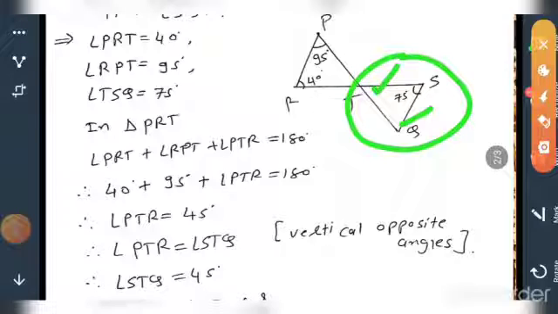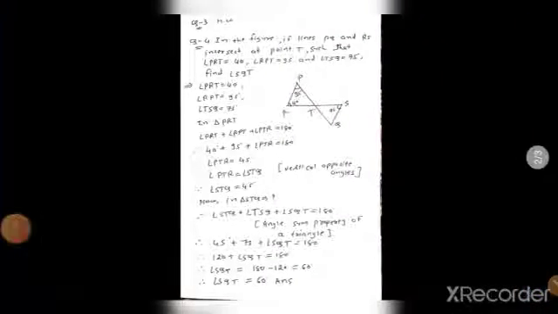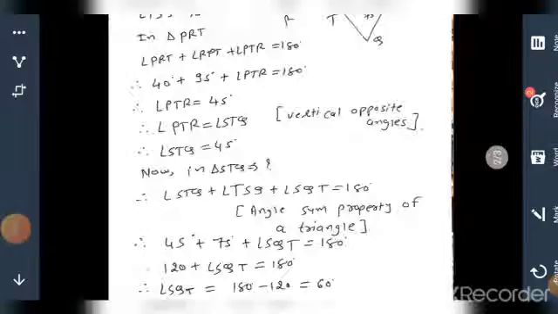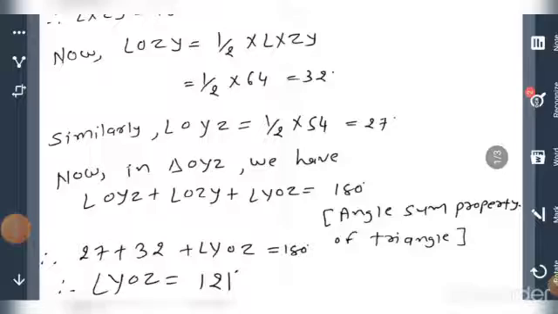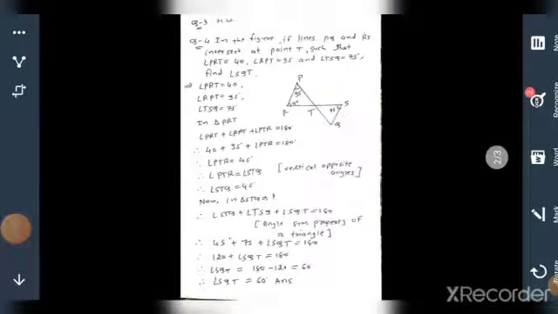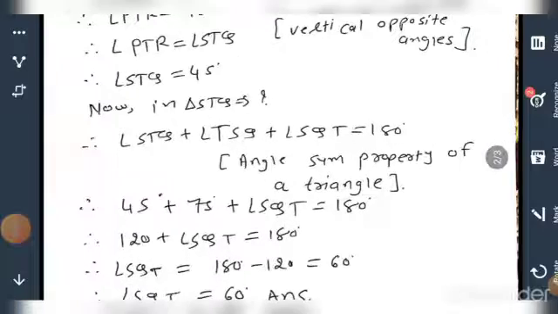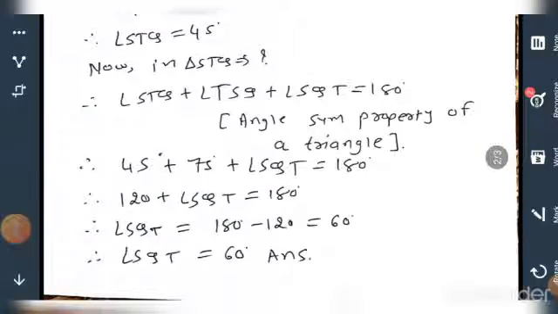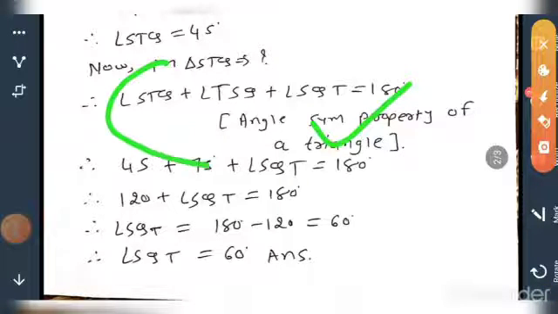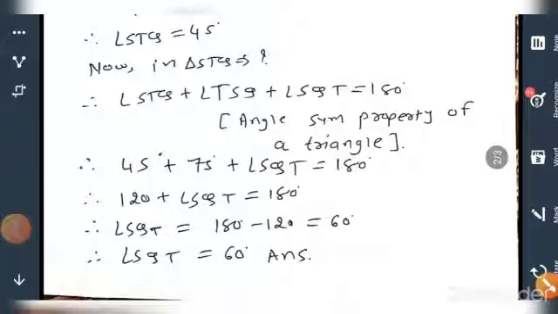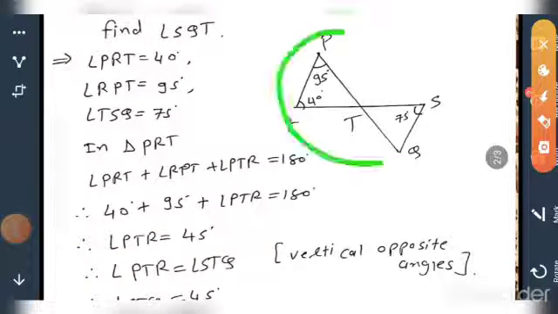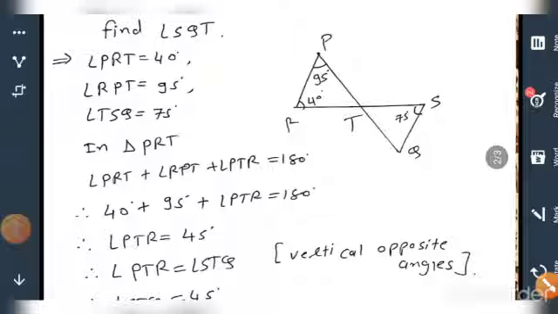So we found that. SQT is equal to 180 minus 120, that is 60. So SQT is equal to 60 over here by using this same method. By using these same steps you can find SQT is equal to 60. You just focus on the figure which is given in the question and identify the angles from that.